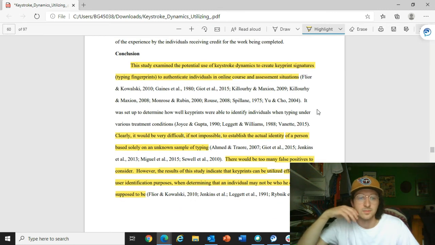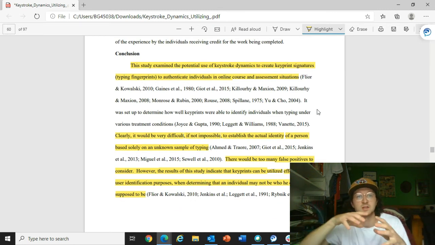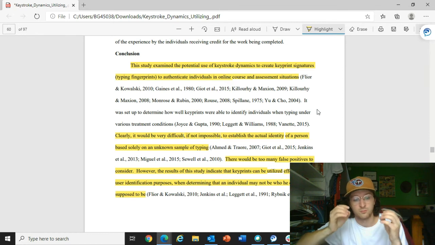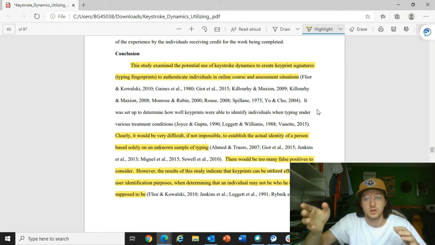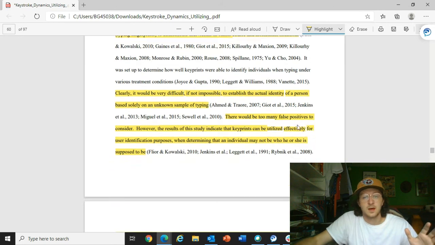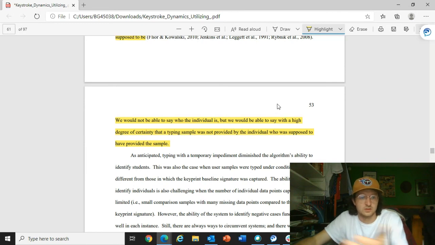So clearly, it is going to be very difficult, if not impossible, to actually identify a person from the way that they type. There are too many false positives to consider that. However, the results of this study indicate that keyprints can be utilized effectively for user identification purposes. Like this says right here, we would not be able to say who the individual is, but we'd be able to say with a high degree of certainty that a typing sample was not provided by the individual who was supposed to. That's sort of confusing how I said that, but